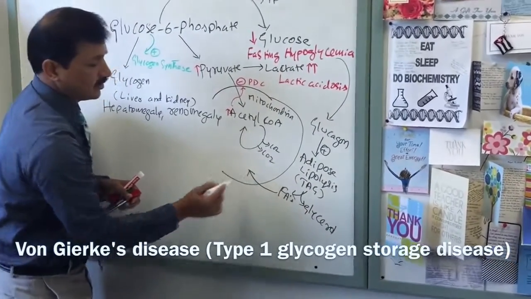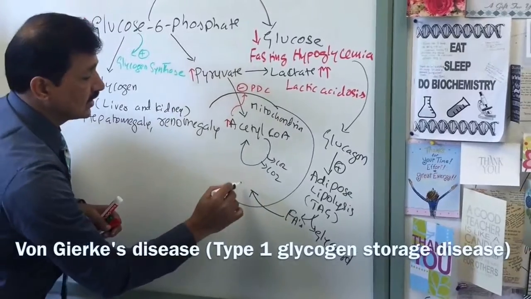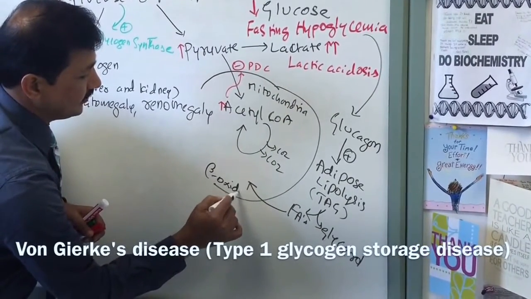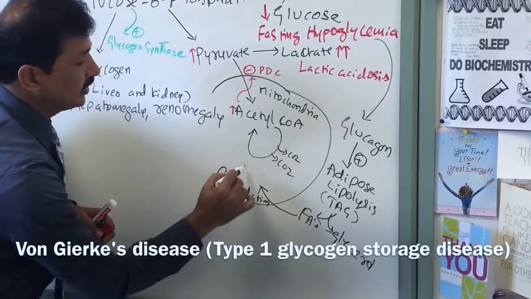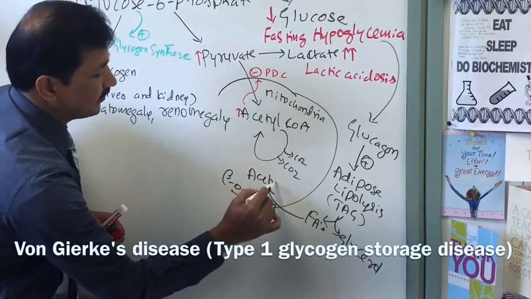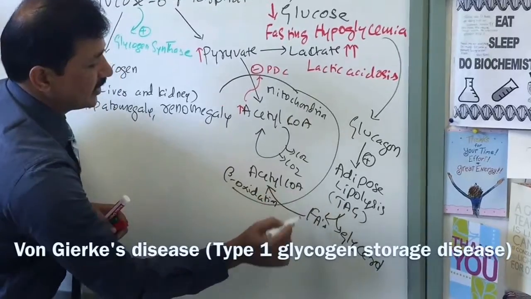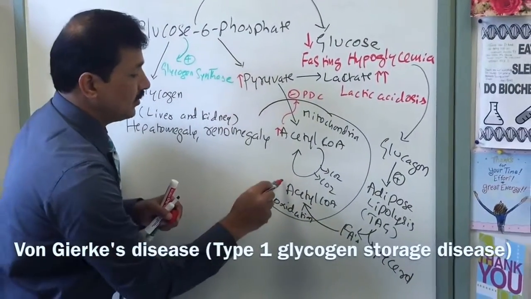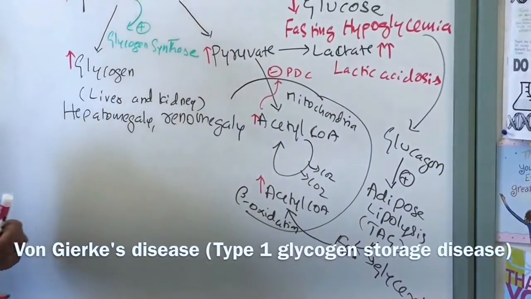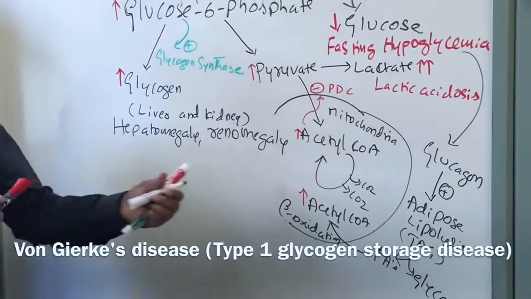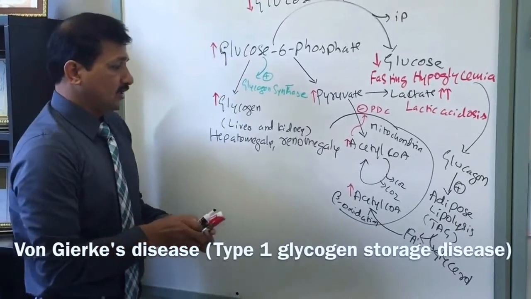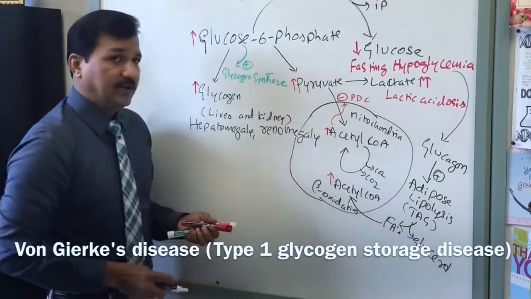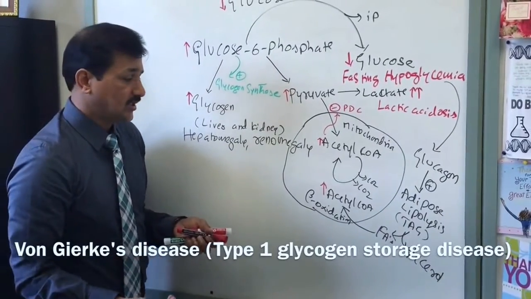Fatty acids are brought into the mitochondria of hepatocytes and undergo beta oxidation. The beta oxidation process will go on, and that will release acetyl-CoA. Fatty acid oxidation product is acetyl-CoA, and that's why you see a buildup of acetyl-CoA. Acetyl-CoA is an energy-rich molecule. Each acetyl-CoA is worth 12 ATPs.